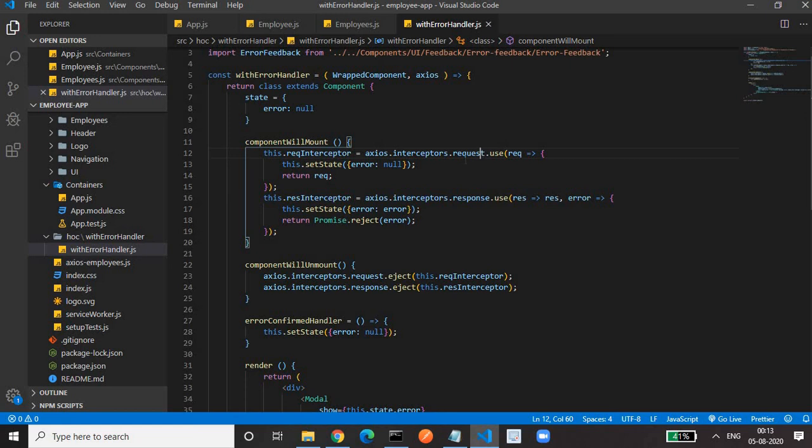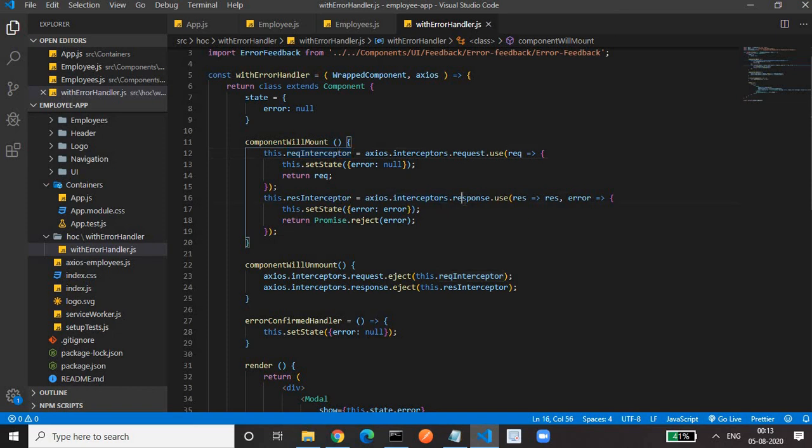So it's a middleware. For creating the request interceptor, we have to use interceptors.request.use. It takes a function having a request parameter. In the request parameter we have to set the state error as null, because in a request we don't get any error, and we have to return that request. If you don't return the request, our request will be blocked and won't be sent to the server. So return request is a must. Then we have to store that interceptor in some variable. Why is this variable needed? For the cleanup operation. We'll see that also.